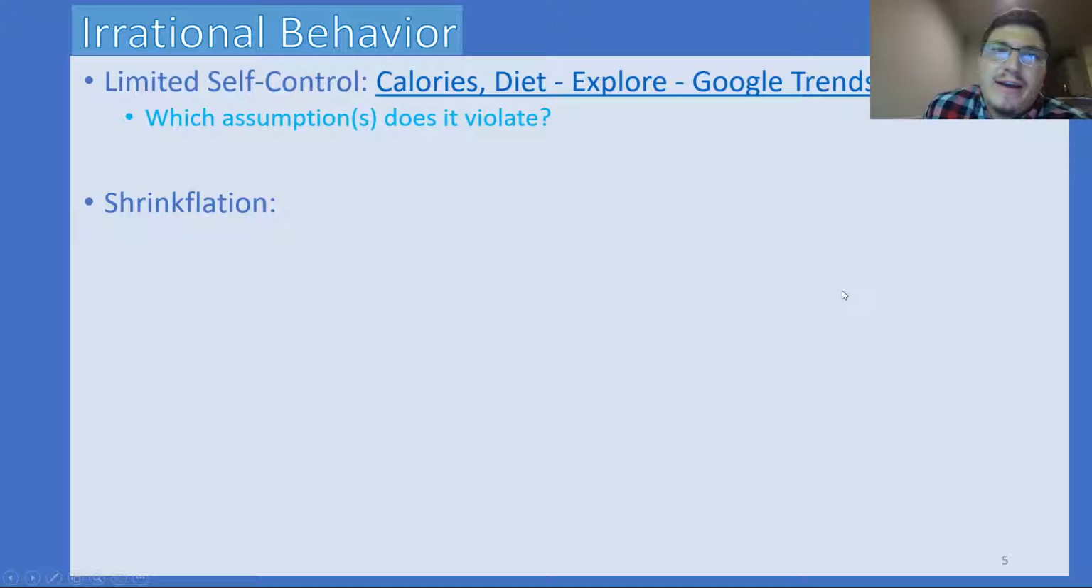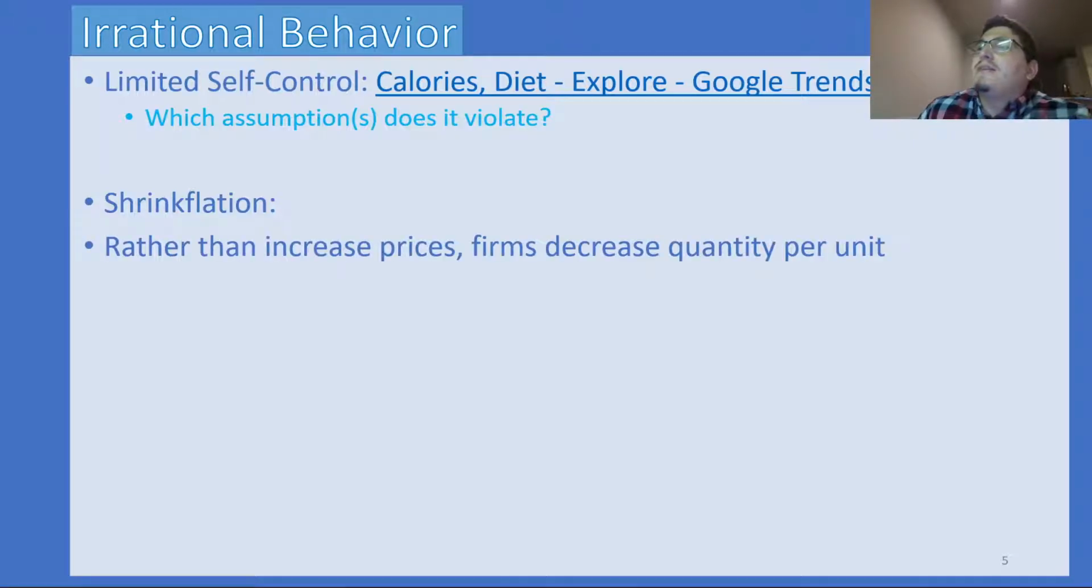And this next example I have for rational behavior is very, very interesting and very prevalent, especially at the time of recording these lectures in the summer of 2022, as firms are readily doing this. That is shrinkflation. This is the phenomenon where, rather than increase prices at a grocery store because prices are going up, because all sorts of economic phenomena are occurring, supply shocks is what we call those, that drive up prices, firms instead decrease the quantity per unit sold